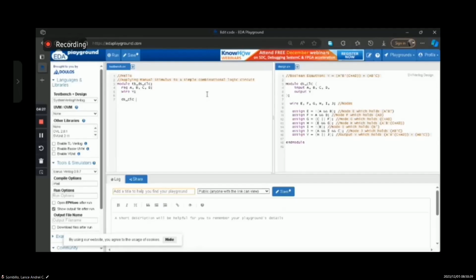I'm going to name it A1 and input some parameters in it, which is A, B, C, D, and Y. So upon instantiating